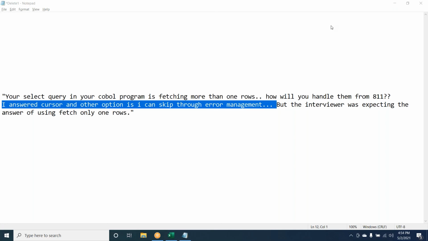Actually, we have a select query, right? Select certain fields into those host variables. Instead of host variables, if you have an array, like if my variable occurs 5 times, in this way I can handle 5 sets of records. But in an array, how can you fetch 5 times? Instead of using a host variable, you put an array, but again you need to put it in a loop.